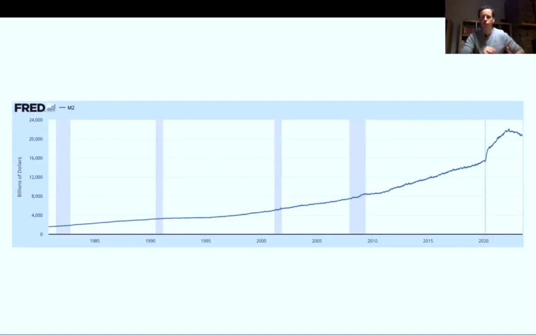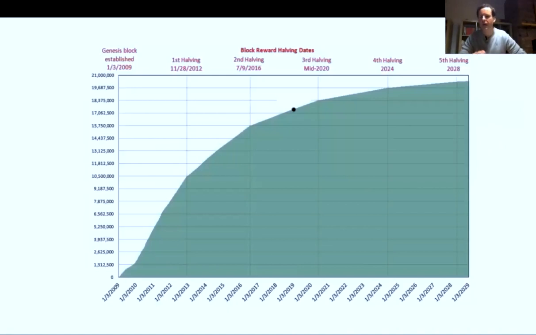And this is the M2 money supply, which I'm not going to go into much here, but it's essentially M1 plus small short-term time deposits in banks and money market funds. But again, you can see the increase in the money supply that we've had. And that video by Ben Bernanke was following 2009, 2008. Let's now compare that inflation and the printing of money with the money supply of Bitcoin.